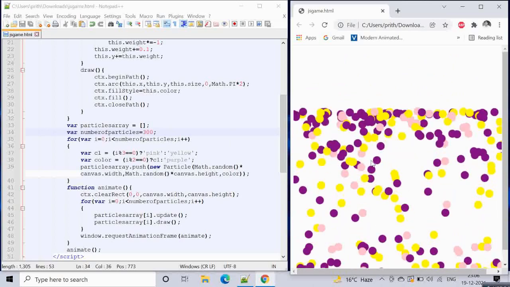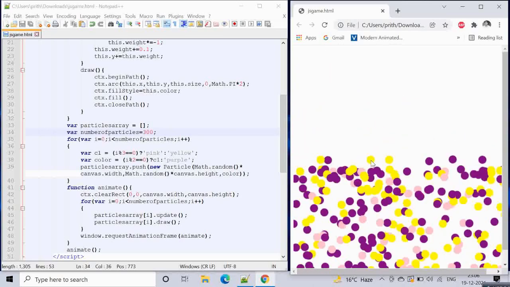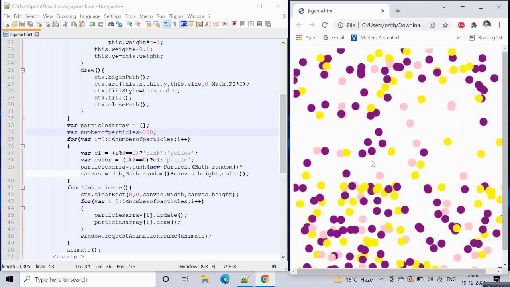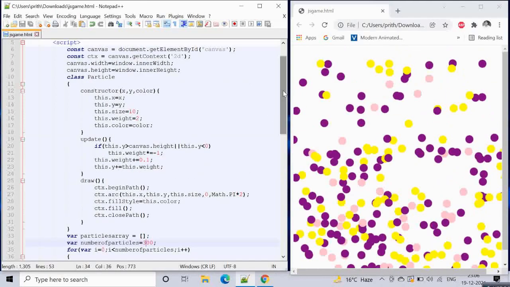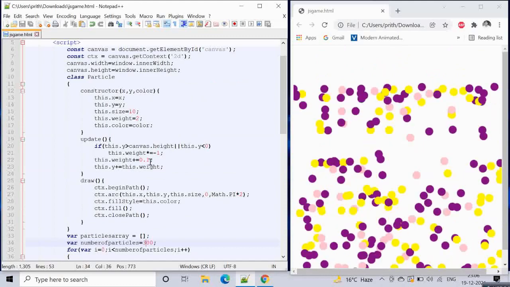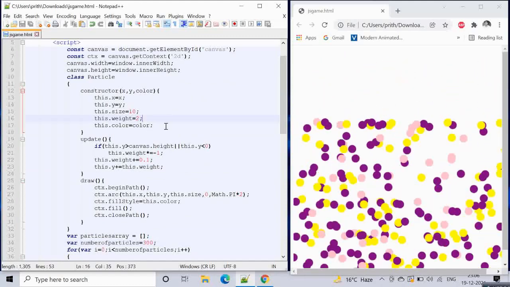So hope you like this video, and also we can give a wind effect. We can change the x value also, then the particles will keep on moving in the left and right direction.